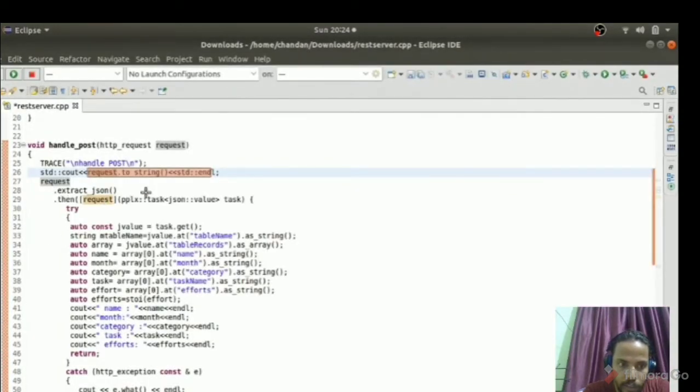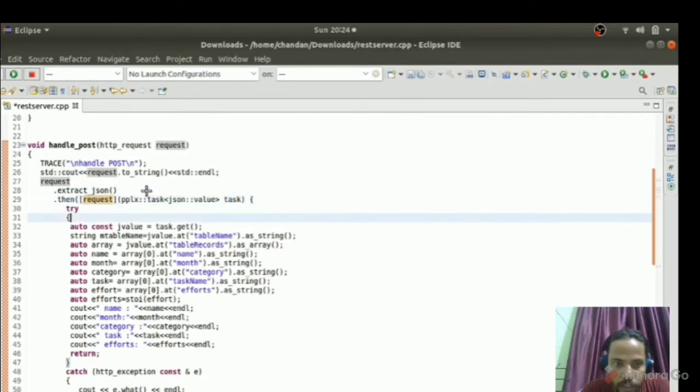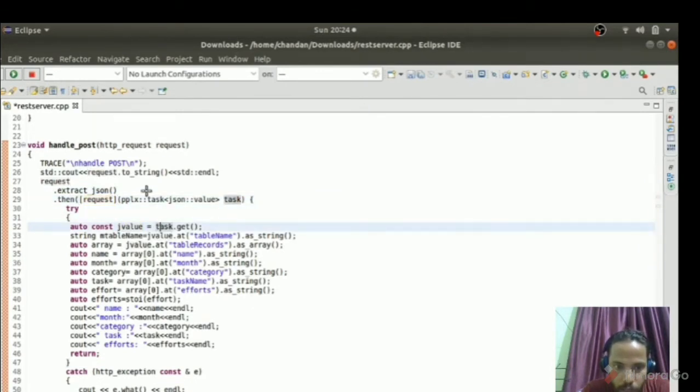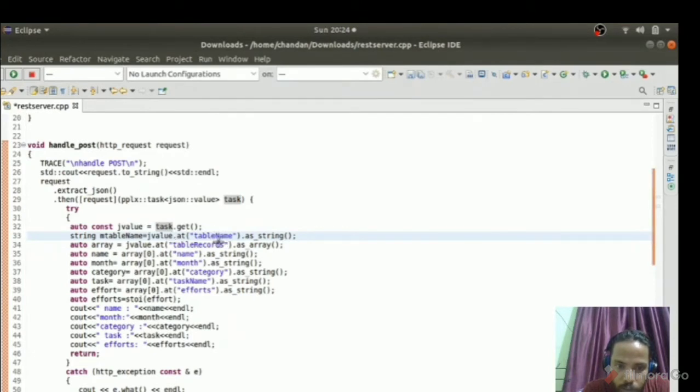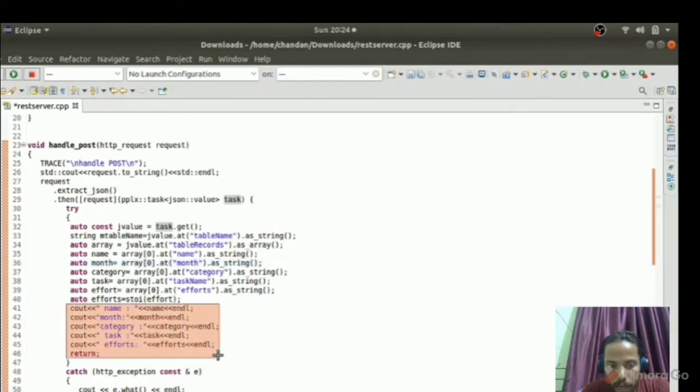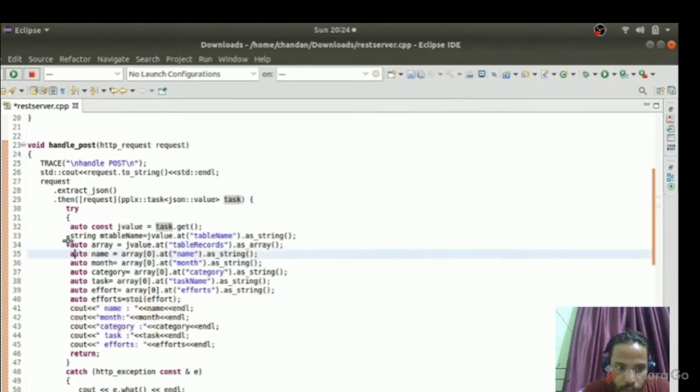If you see this, we are extracting JSON from this request. Now we are requesting the data in the JValue, and from the JValue we are retrieving the table name and table records in a string array: name, month, category, task, efforts. Then we are printing those strings in our terminal.